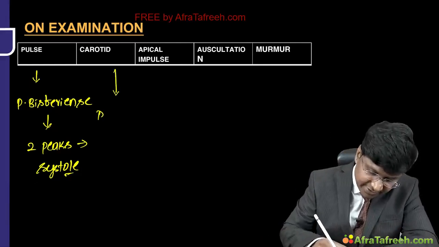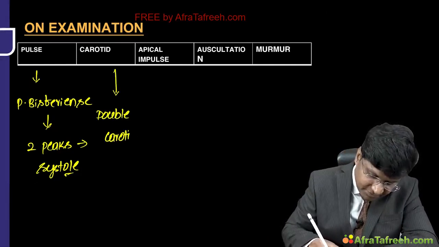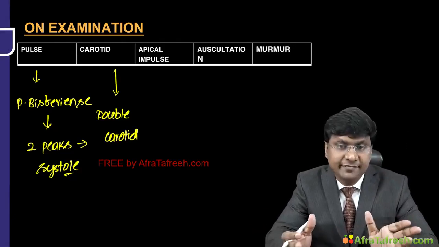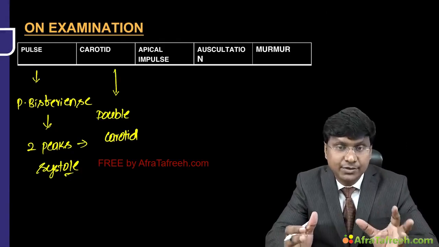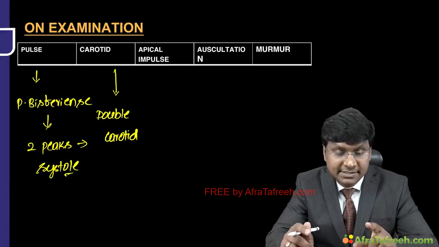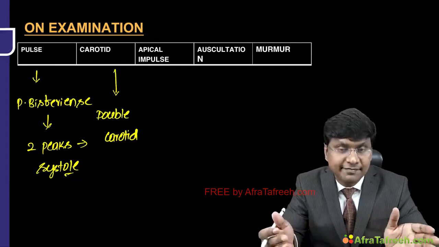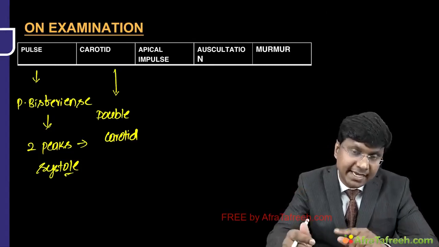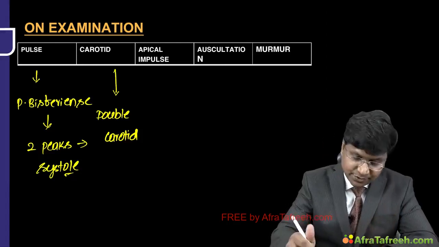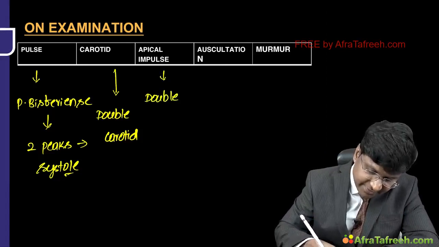And how will be the carotid? There will be a double carotid upstroke. And what is the mechanism? Initially, the left ventricle will try to eject the blood into the aorta rapidly, but because of SAM, in the middle of the systole the ejection reduces, and in order to overcome the obstruction, the left ventricle will further contract very strongly. Again, the ejection increases. So thereby, you will have a double carotid upstroke. And the apical impulse also is a double apical impulse.